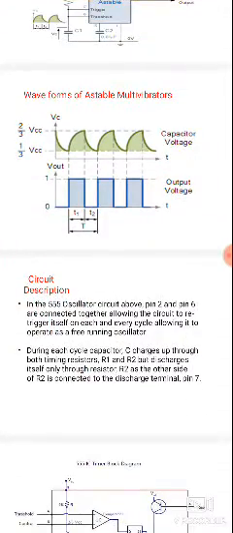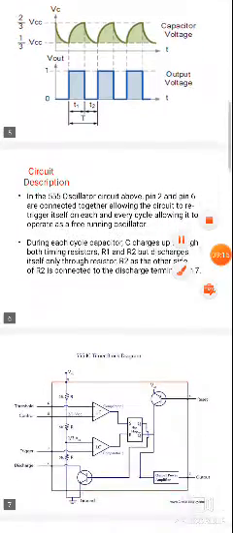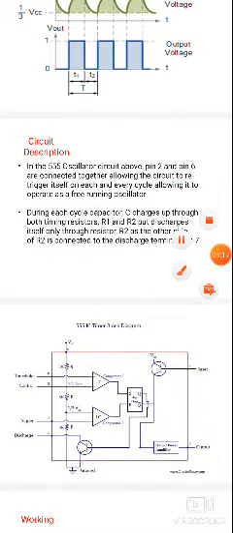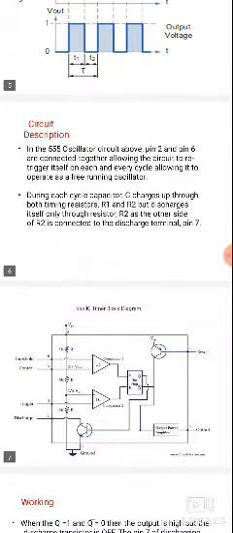First, the circuit description. The 555 oscillator circuit is connected as shown above. Pin 2 and pin 6 are connected together, which allows the circuit to re-trigger itself and operate each cycle as a free running oscillator. Pin 2 is called the triggering input and pin 6 is the threshold input. By using pin 2 and pin 6, the output wave varies continuously from one state to another in an astable multivibrator.